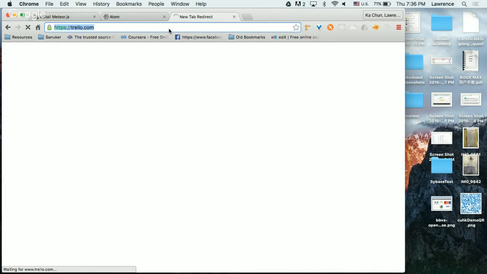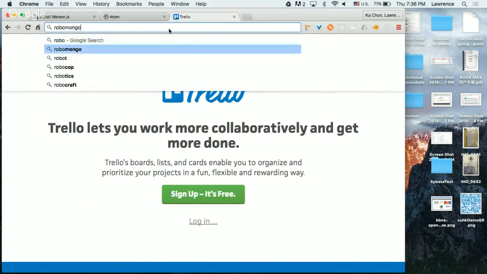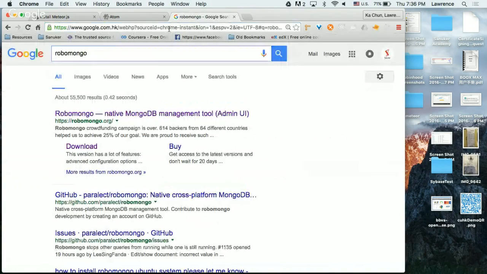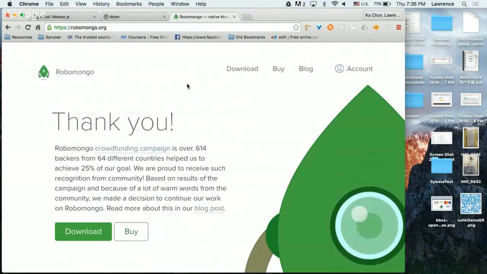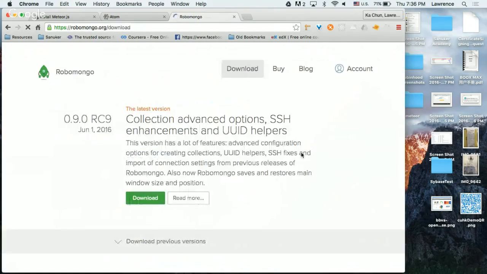Third thing, you can Google RoboMongo. This is not a very common tool to install, but we recommend you download it because later on this tool helps you visualize your database in a more user-friendly way. So if you go to RoboMongo and just download the latest version, that's fine.